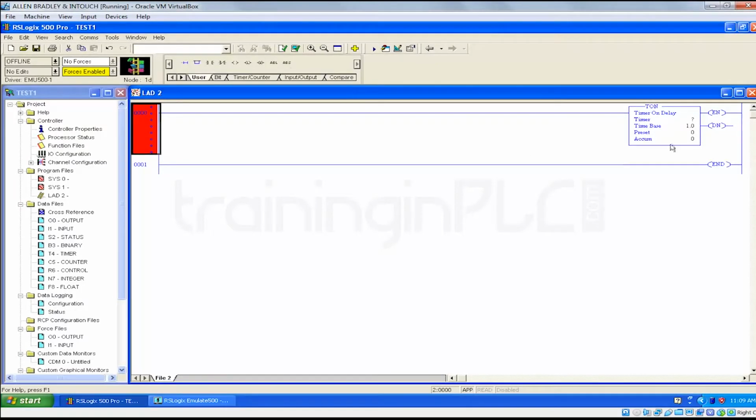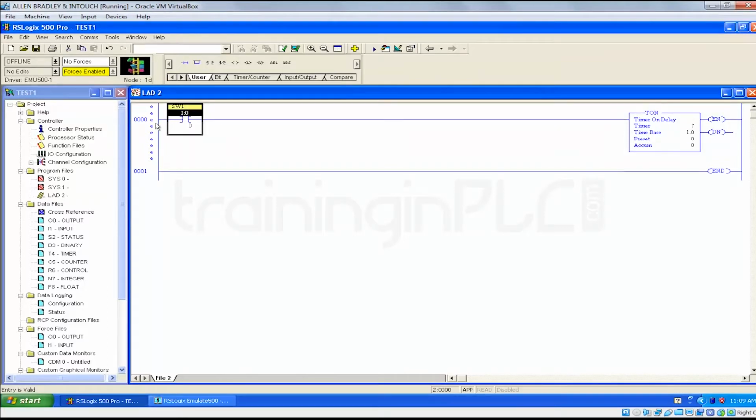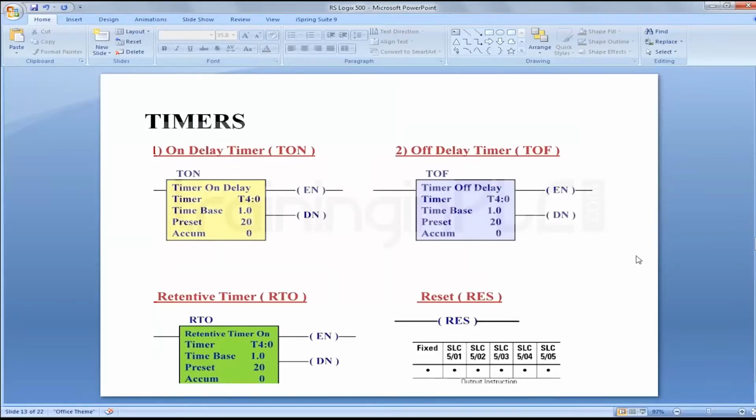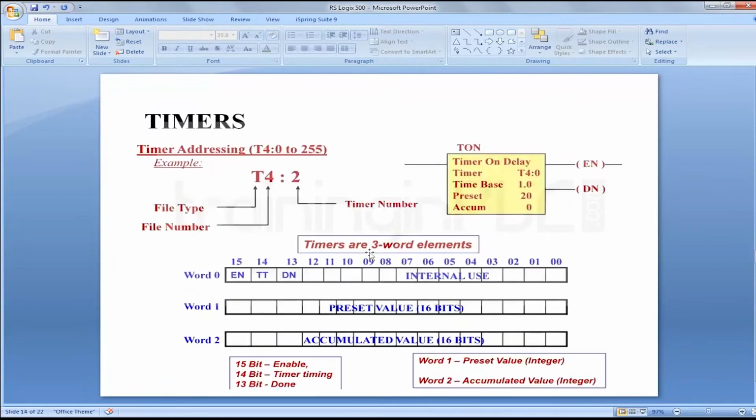Since I have told you the timer has one input, we should give some input condition to this. Let's take any one of the input contacts, and I am going to name it as I:0/0. Let it be switch 1. I have given the description of switch 1, and it is asking a question mark here. This is nothing but a timer number. So what is the timer number? We have some specification for all the timers. Let's see what that is.